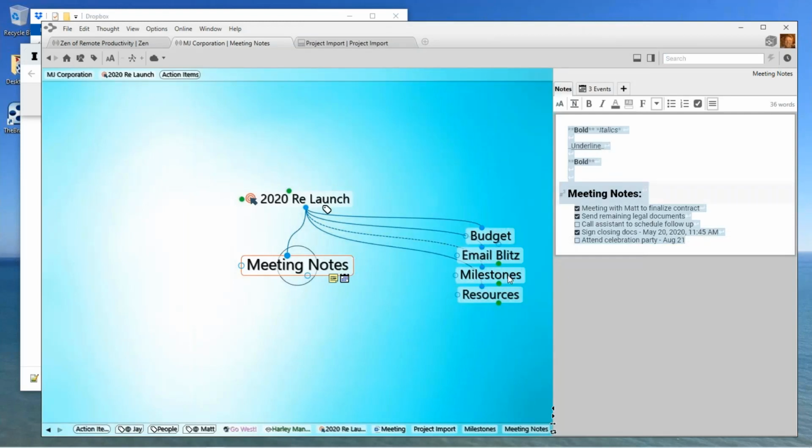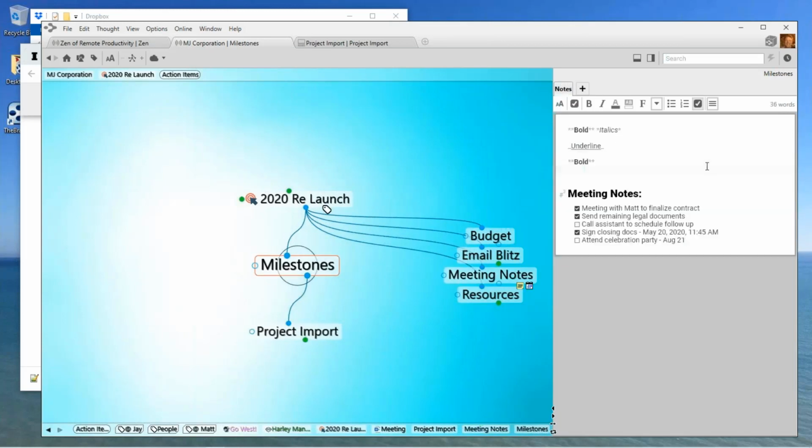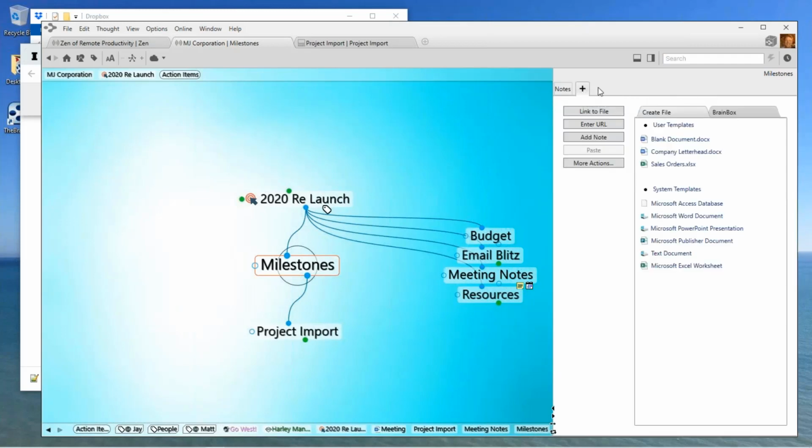I'm going to copy this, jump over to milestones, and Control V, just paste it right in. That's an easy way to do it. Also, we failed to mention today that you can have multiple attachments on a single thought. So maybe these are all my ideas I have about milestones, or these are Jay's actually, since he typed that